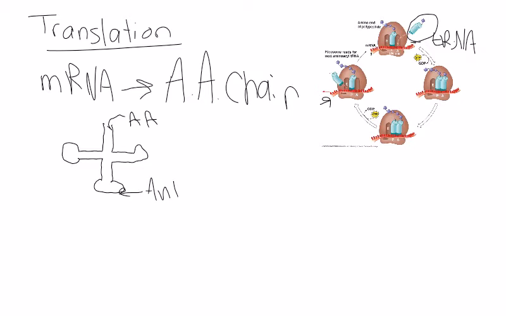Now at the bottom down here, there's a region on this tRNA that is called an anticodon. I'm assuming you're familiar with the term codon. You probably used a codon chart last year, where you looked for the first letter, then the second letter, third letter, and they came together and created an amino acid. So if you had the sequence AUG, you would look at a codon chart and ask, what does AUG make? The AUG is found on the mRNA sequence. So with my mRNA down here, if it reads AUG